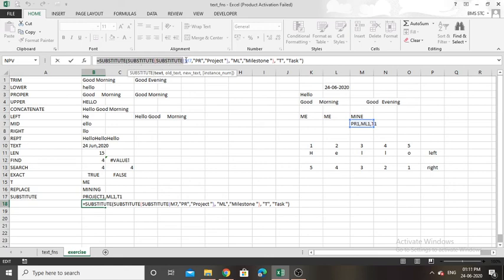Then for the first substitution, I just need to pass the text value a single time, that is M7. Then PR should be replaced by project, bracket close.